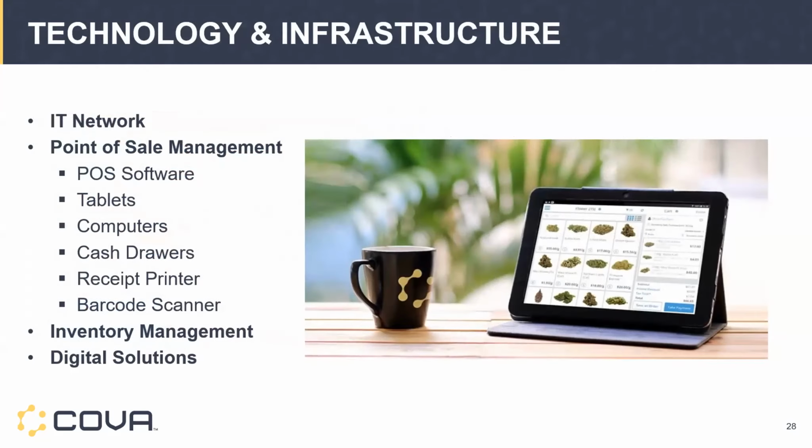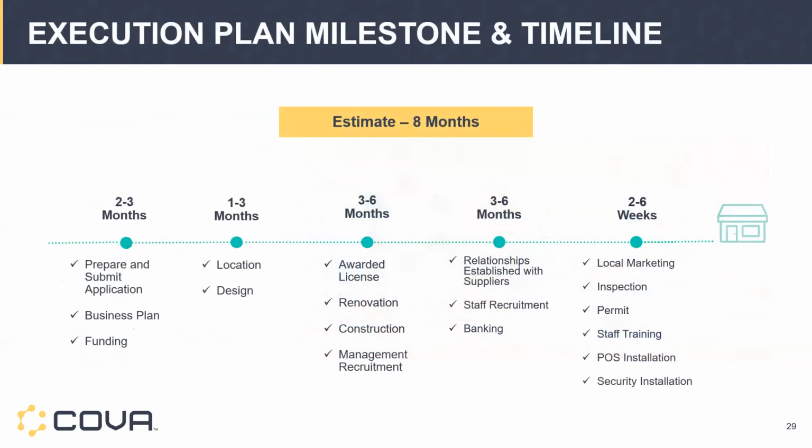I'm going to skip through store design and technology and all that, and just basically say the estimate of time is usually about 8 months. Oklahoma is the exception. In Oklahoma, you can usually get a license and a permit and all that stuff pretty quickly. But in most parts of the country, there's an arduous process to get it. So it's not the kind of thing you can just open in a month. You have to jump through some hoops.